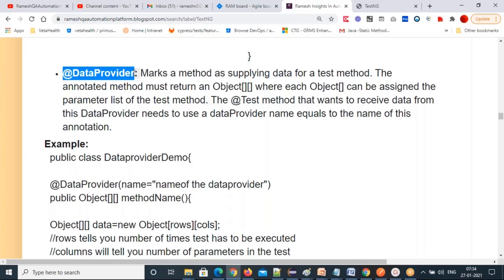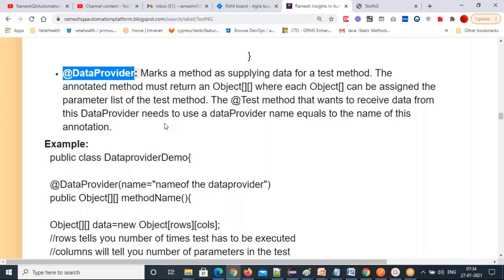The @Test method that wants to receive data from this data provider needs to use dataProvider equals the name of this annotation. You can give a name for this annotation, or you can use the method name to map the test method and the DataProvider annotation.